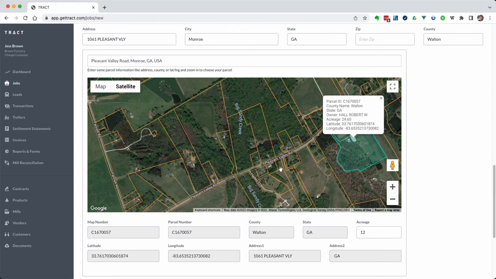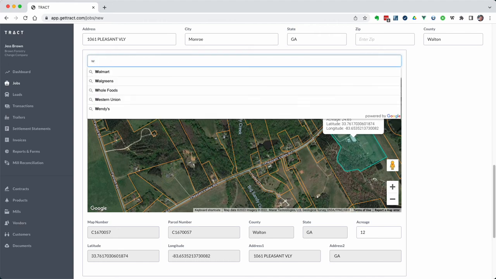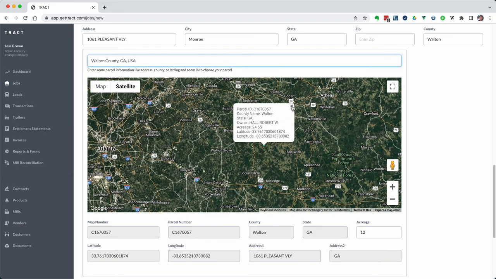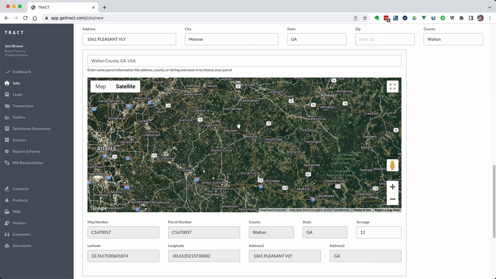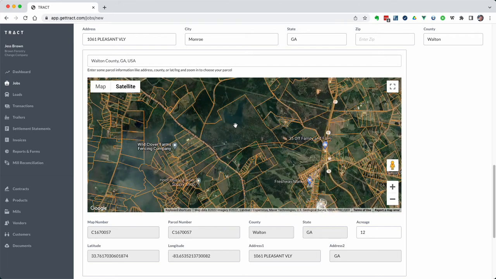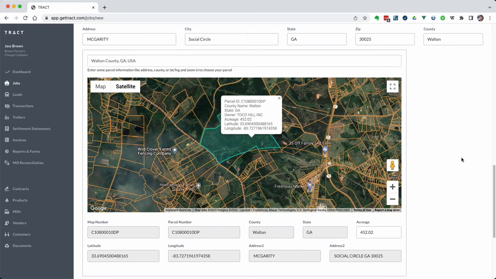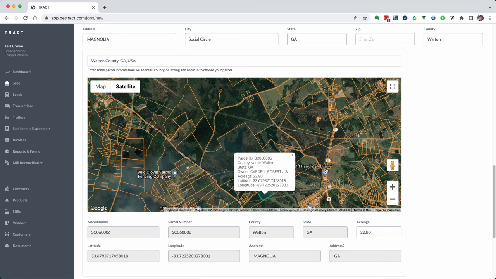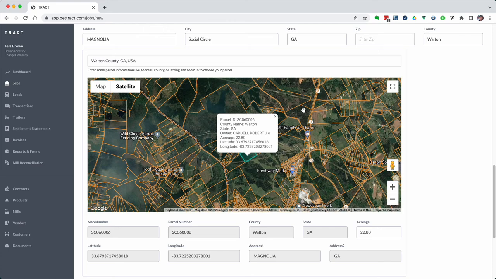So I'll do a couple other examples of locating the parcel. Another example is you can type in the county name. And of course that's going to be a little bit higher level, but if you know the county well, you'll be able to zoom in on the location of the tract and select it. And notice every time you reselect the parcel, it's going to update these fields. Okay, so we'll do that. And one other